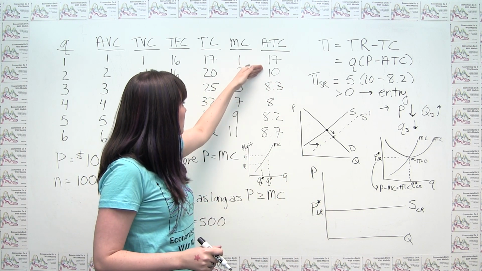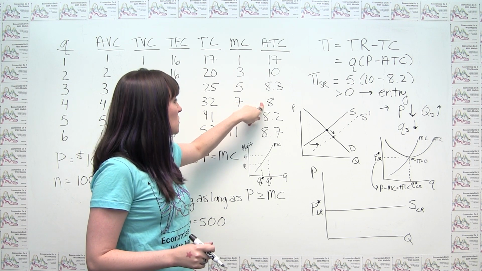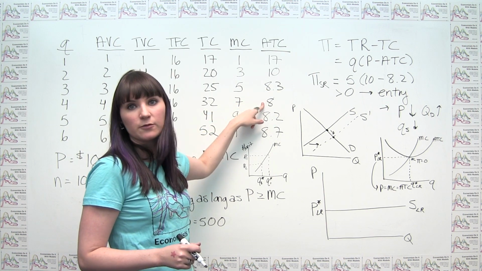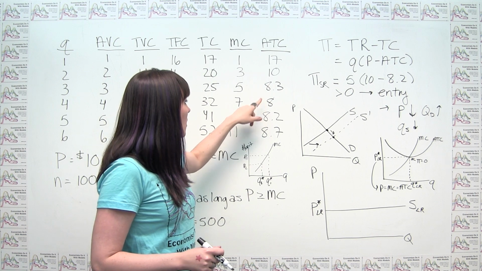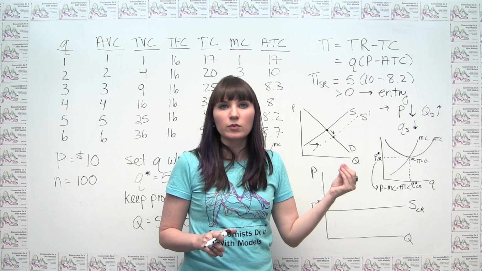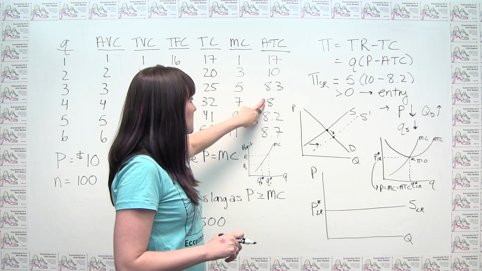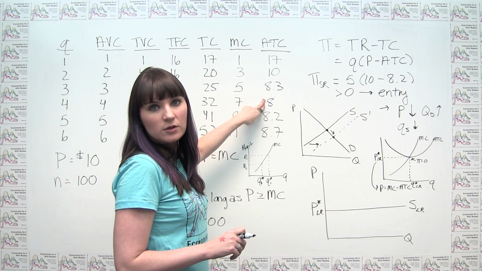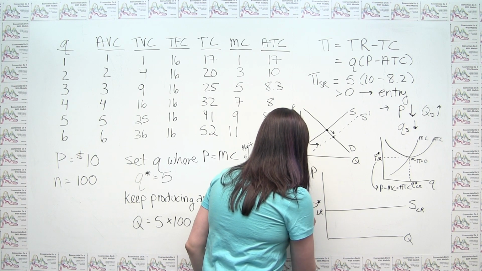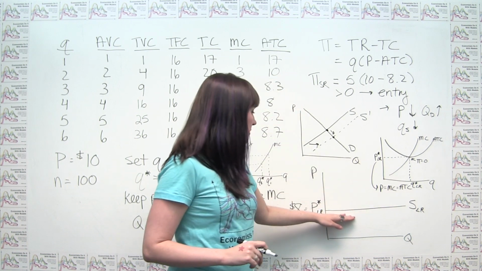And we can say, well, average total cost is minimized at a quantity of 4. So we could say in the long run, A, that each firm is going to be producing 4 units, but also that we can figure out what the long run price must be, because if firms are making zero profit, it must be the case that price and average total cost are the same. So we can therefore conclude that this long-run price is equal to $8